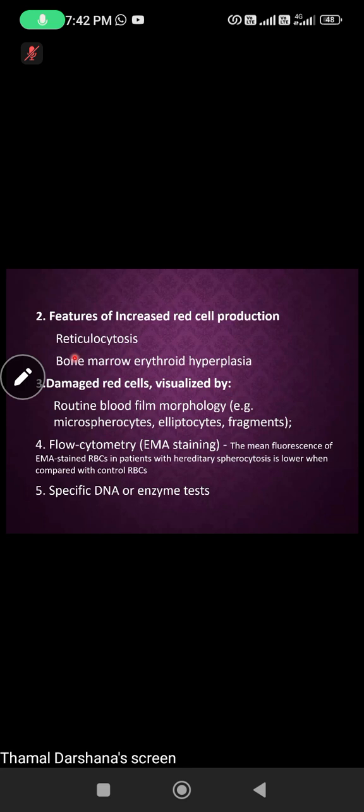So you can microscopically identify fragmented red blood cells, and if you see a significant amount of fragmented red blood cells in the blood picture, that is indicative of intravascular breaking down of red blood cells. So we can see schistocytes and sometimes microspherocytes, elliptocytes. Sometimes because of the damage, the biconcave red cells could become a microsphere or elliptocyte because of the damage induced by